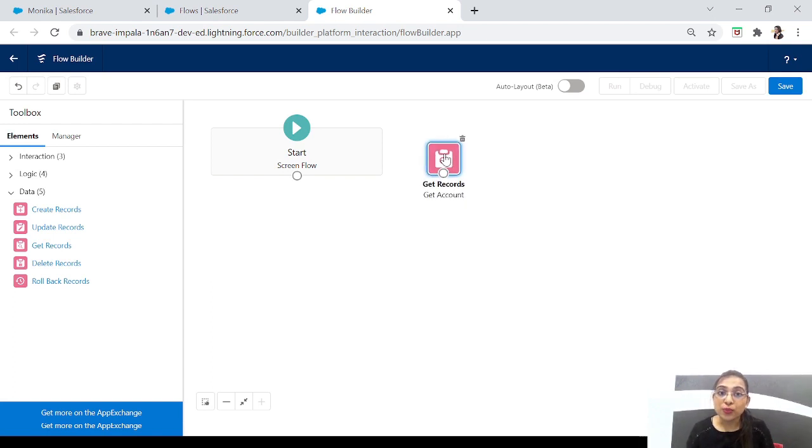We can't see the output of this really. Okay, so this is basically used if you want to get all the accounts and then loop through the accounts and save some information, update some accounts, delete some accounts. We have not done loop yet, so I can't describe it more to you. But with this element, we can use other functionalities that we want to implement in our flow. This is the basic need of any loop. In a loop you just iterate through the data, but for iterating the data you need the data, right? So for fetching the data, you have to use the get records element.